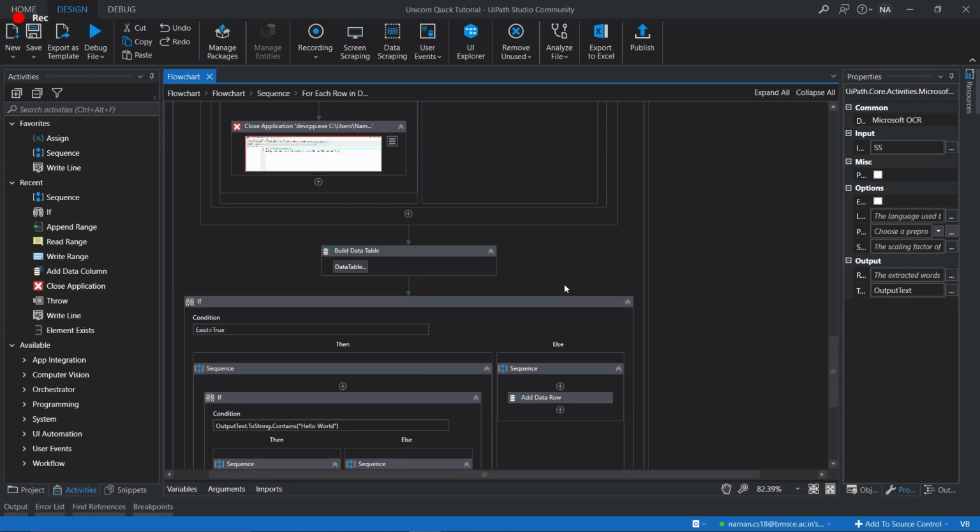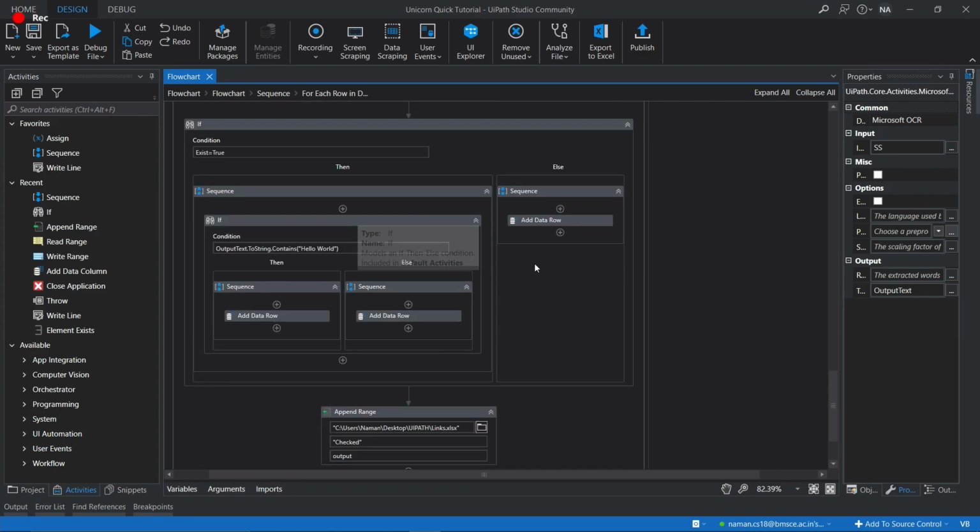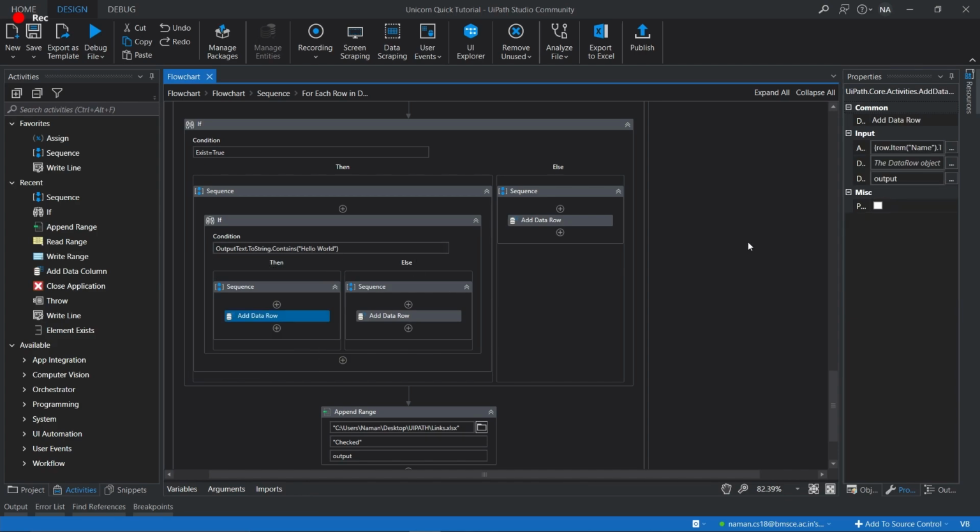After getting all the text, we close all these windows, as you can see. Then we search whether the string hello world is contained in that text or not. If it's contained, then the output is correct. If it's not contained, then the output is incorrect. For our purposes, hello world is the correct output.